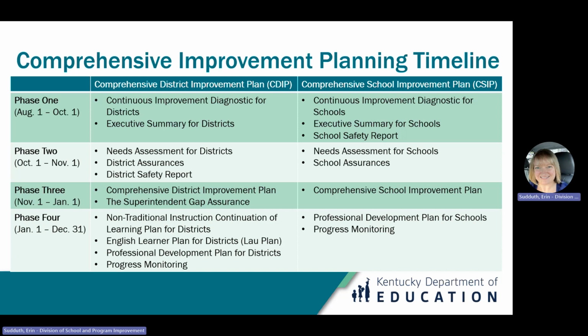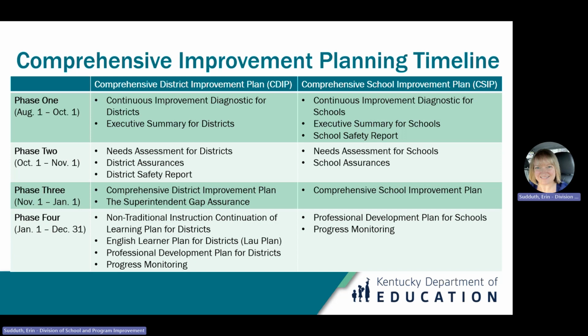When preparing for Title I Part A monitoring, KDE staff reviews several of the diagnostic tools in this timeline. All of the tools provide information and insight about the district or school, but some tools have a more direct connection to Title I Part A than others. The needs assessment, CDIP, and CSIP are always reviewed. Additional diagnostics such as the professional development plan and the LAU plan may be reviewed depending on how the district or school is using its Title I funds. Progress monitoring is also an important part of Title I Part A program implementation.